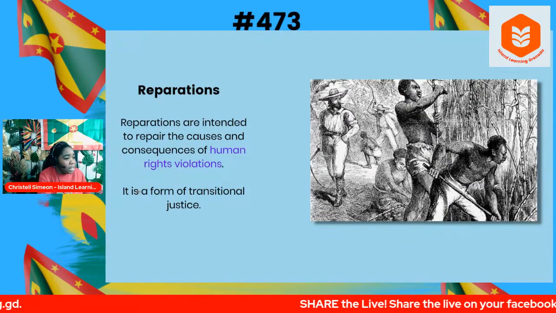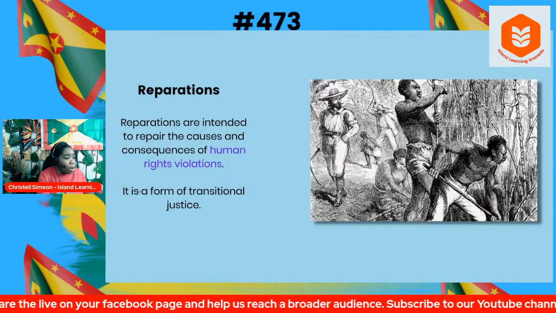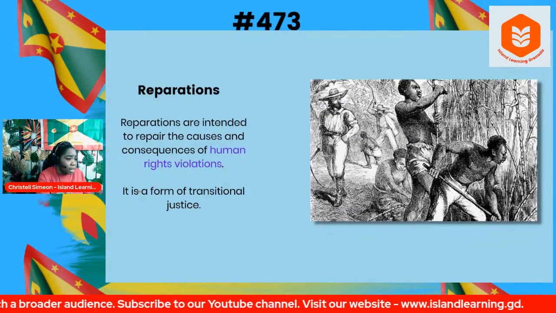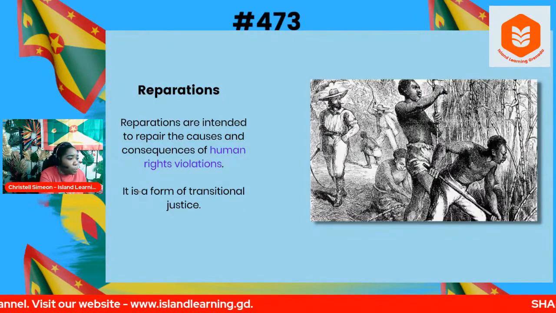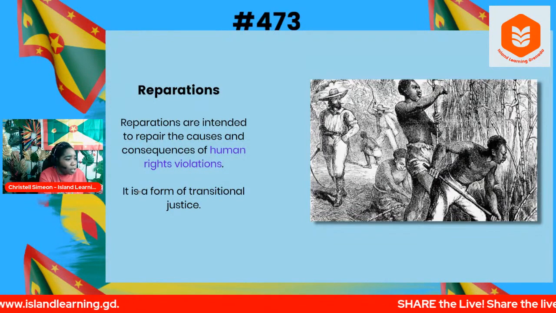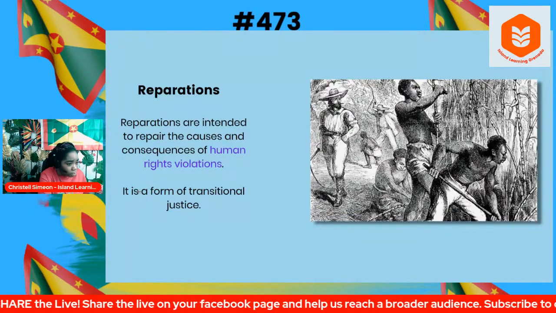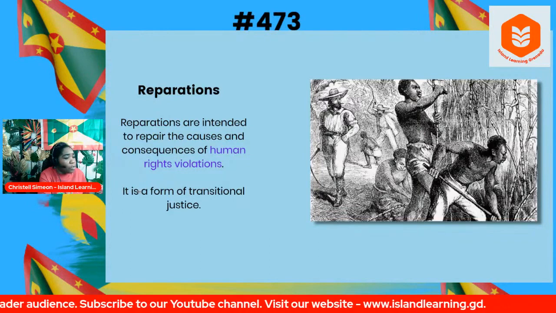that took place in the 1700s and the 1600s that really brought wealth to Europe in the form of the export of sugar, mostly sugar, and to a lesser extent cotton and coffee. Mostly sugar was the main product that was exported to Europe, and that really created wealth for the UK or Britain, which is our mother country, France, Spain, and Holland. So the purpose of reparations is to repair that damage, the damage that was done because of the